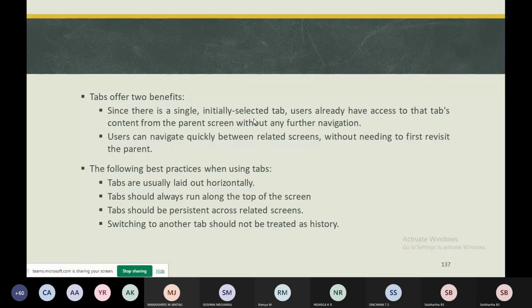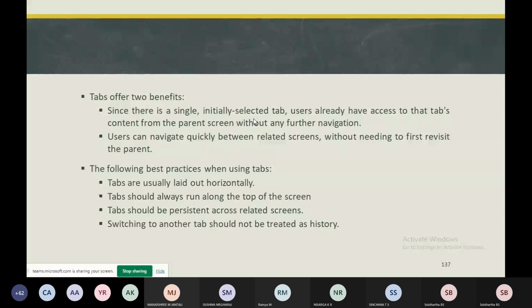As I said, if you have different activities for different categories, you need to go back to the parent screen, and then click another category to go to another activity. That necessity will not be there. Within the parent activity only, there is no necessity to revisit the parent screen again and again. If you use tabs within the lateral navigation, you can have all these things within the parent screen.